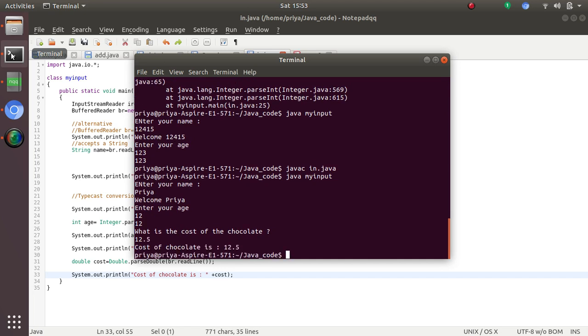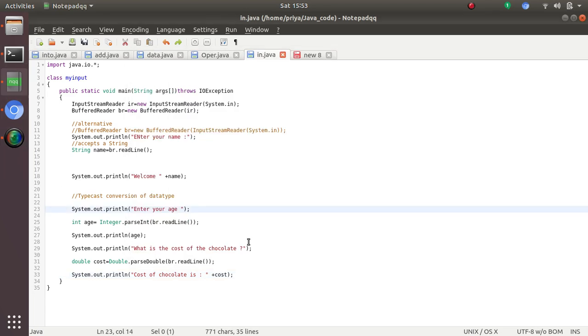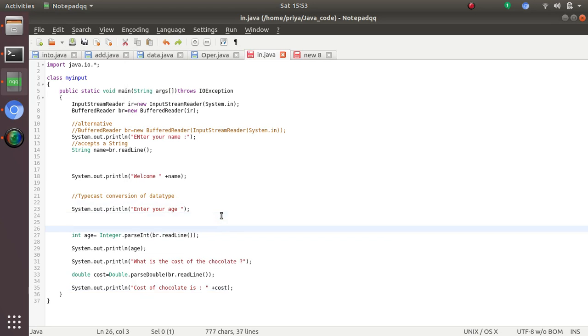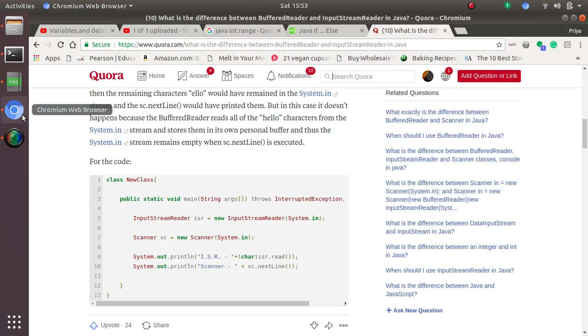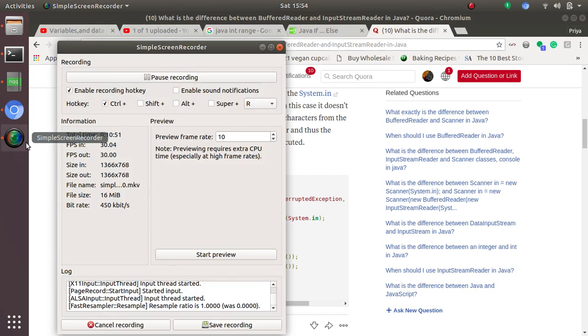So this is how we are reading data from the user. I read an integer variable. This Integer is a wrapper class conversion. We will study this later. I put comments so that it provides an ease